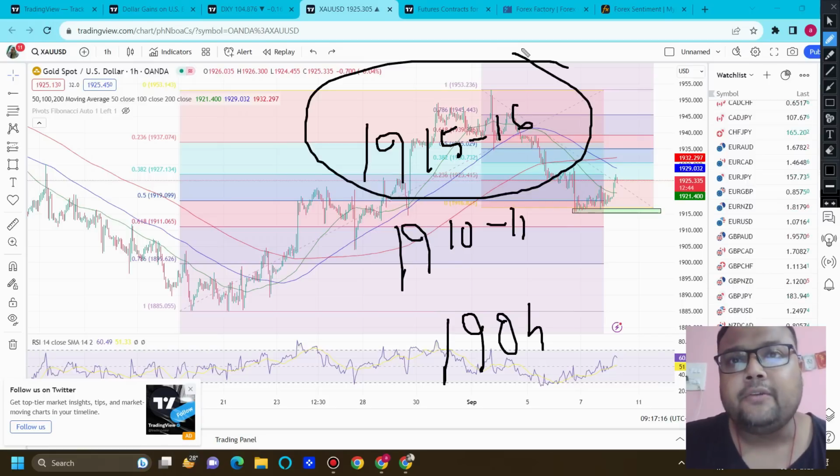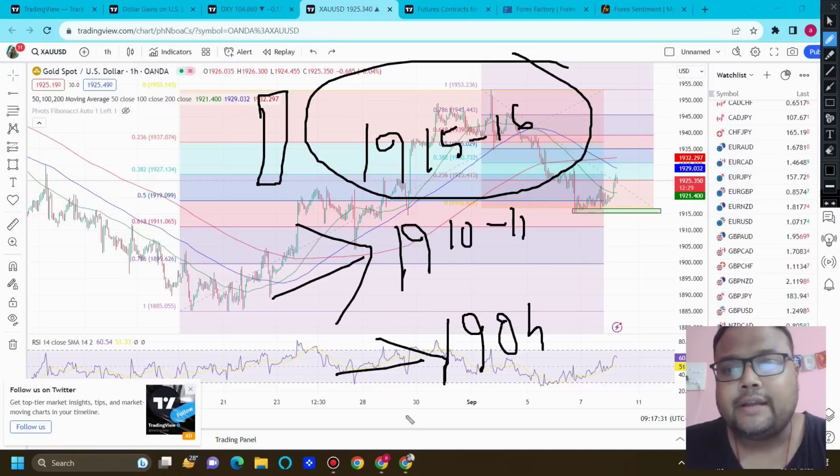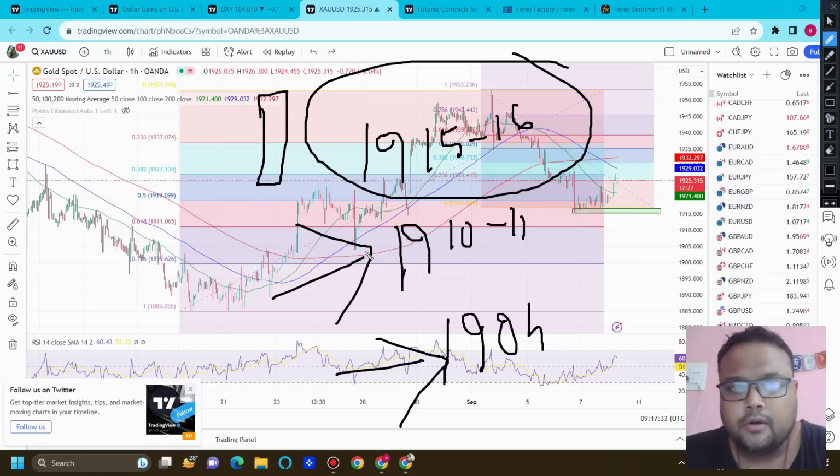Okay, but in case the market breaks the level, let's say the market witnesses heavy selling pressure, starts falling with big red candles. If you see the market standing at 1915 level with a big red candle, then obviously 15 is not going to work. In that case, your next support will be 1910, 1911, because of the FIBO 61.8% retracement level, and then we have 1904, 1905 because of this support here.